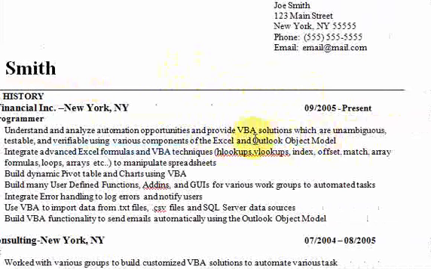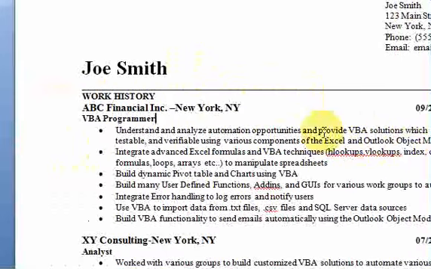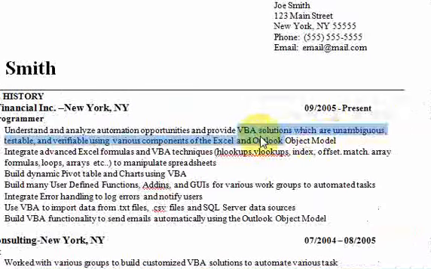And that's using Excel, though. The Outlook object model is used when you want to send emails. So if you're in Excel and you want to automate an email, you could do that. There are other different object models. You could do Word here. You could put Word if you're a Word VBA guy. So you could put Excel, Word, and Outlook object model. So you could do that, but you got to know, when you walk into the interview,